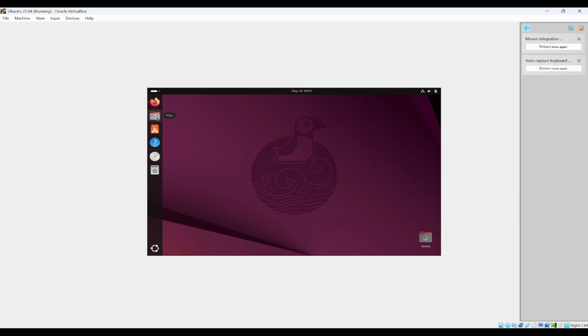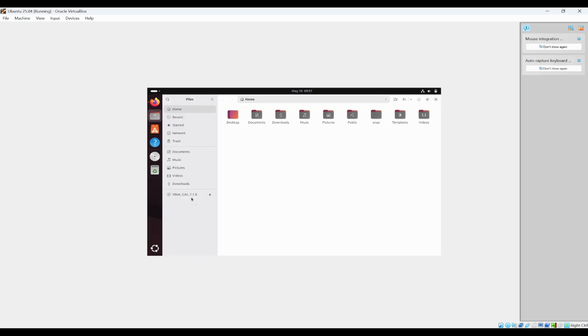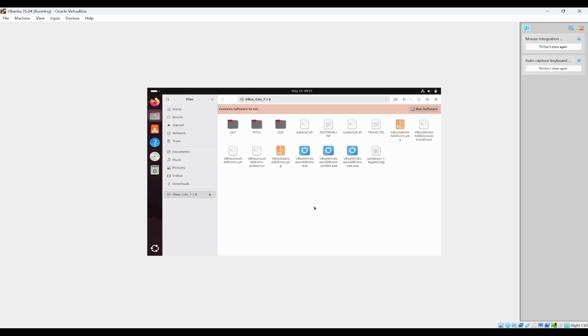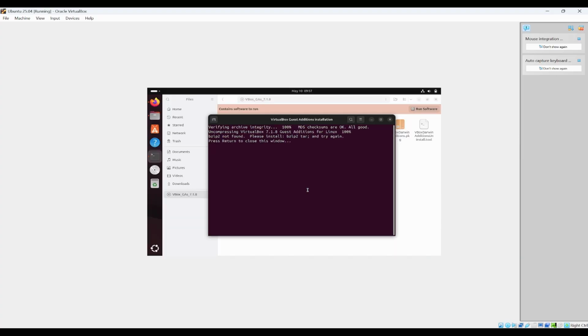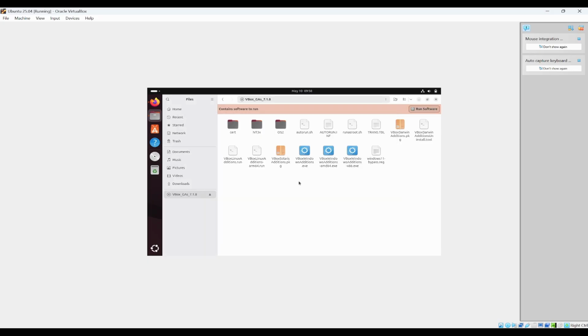So what you can do is go to the files and click on this. Now you can see this one, and it will have some software to run. So you can directly click on run software, and let's see if it runs or shows any kind of error. So it is showing that there are two softwares that are not available. So we need to install these two libraries. First you need to open terminal.